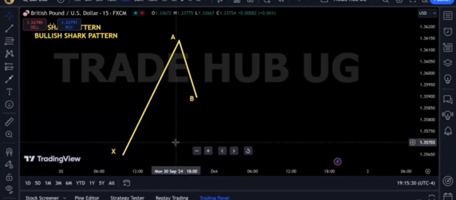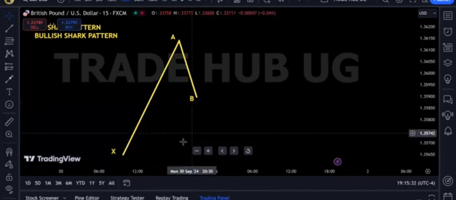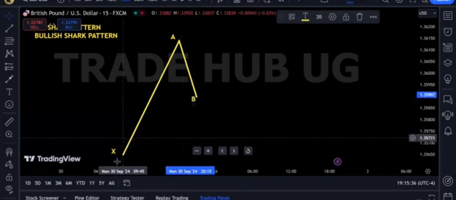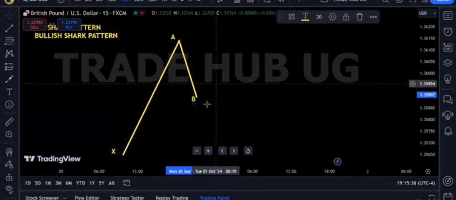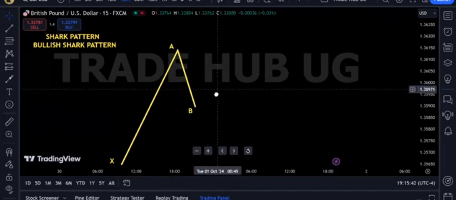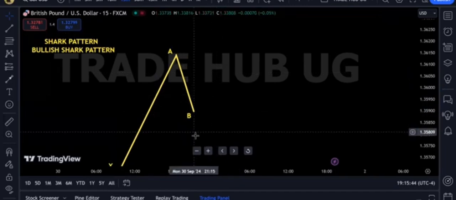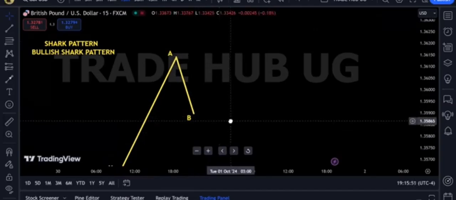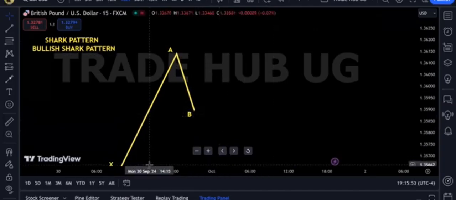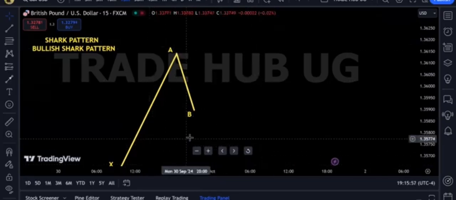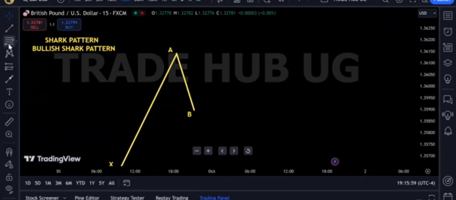Now, to get C, what do we need? To get C, because it's our next target, like a higher high. To get C, we need 161 of X to A. So if we need 161,